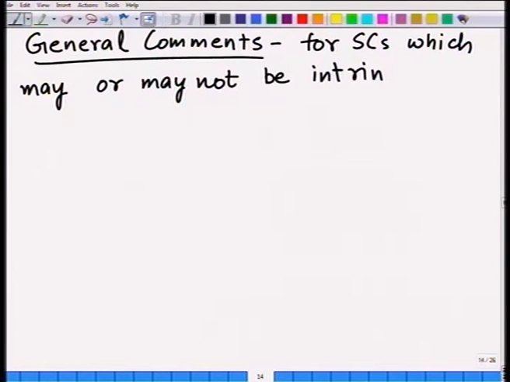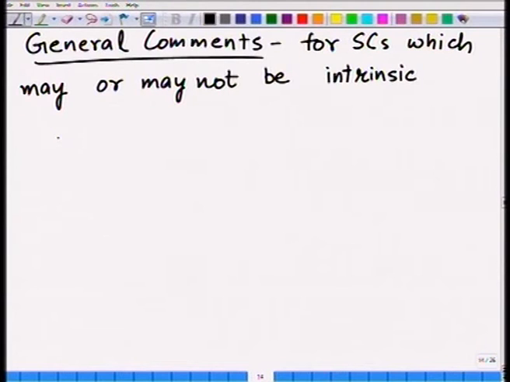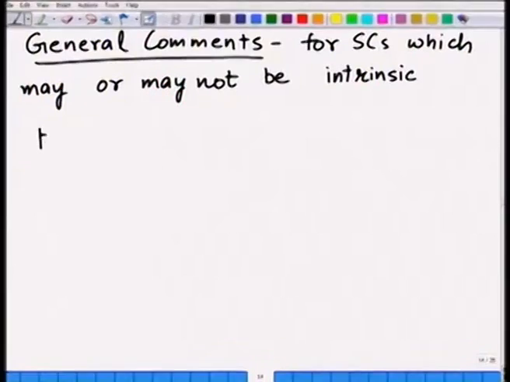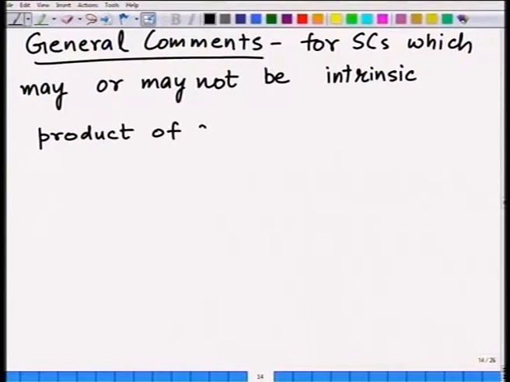They may be intrinsic, they may not be intrinsic. Okay. First comment I would like to make is this product of N and P. Remember, I am not assuming that it is necessarily intrinsic now. So, it may be intrinsic or may not be intrinsic. So, the product N and P is what I want to know. So, N P